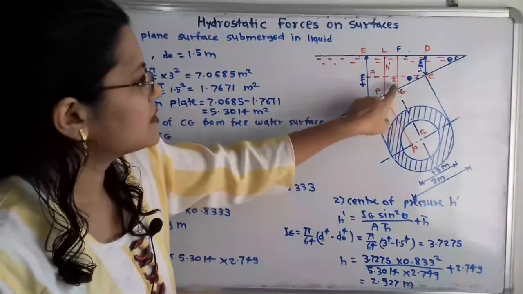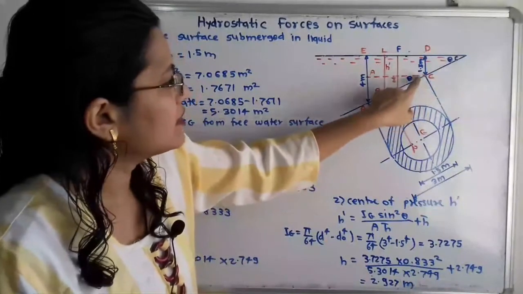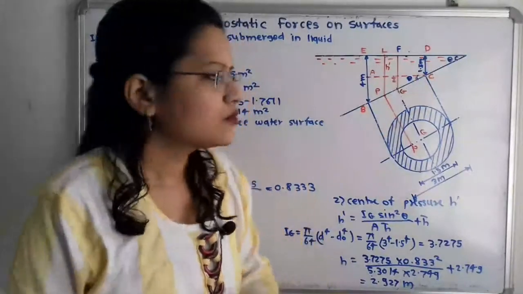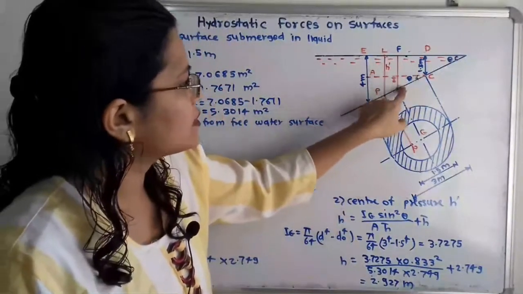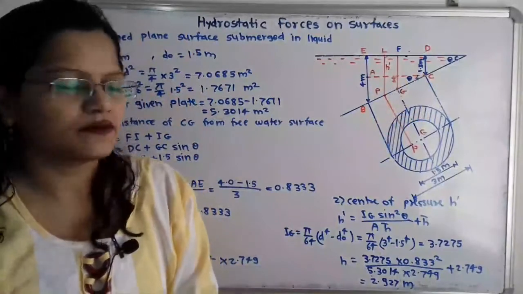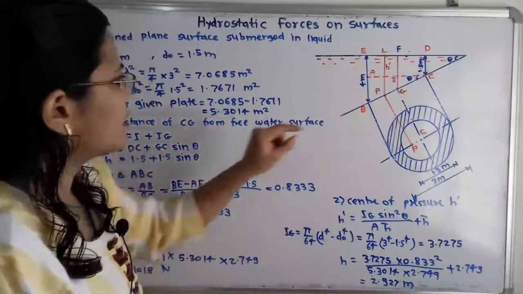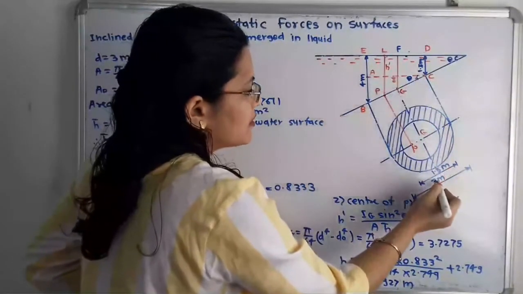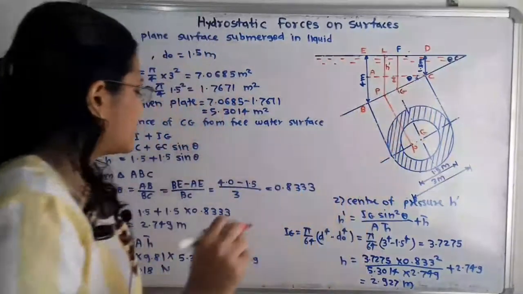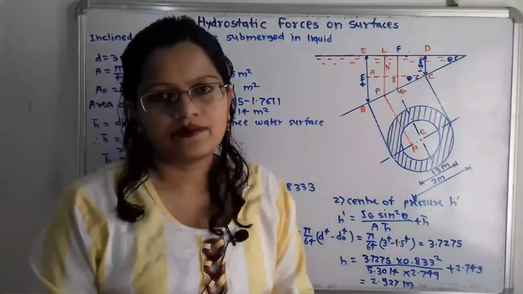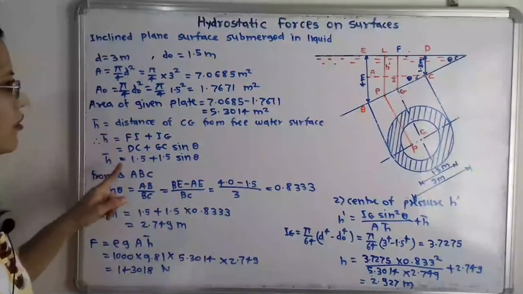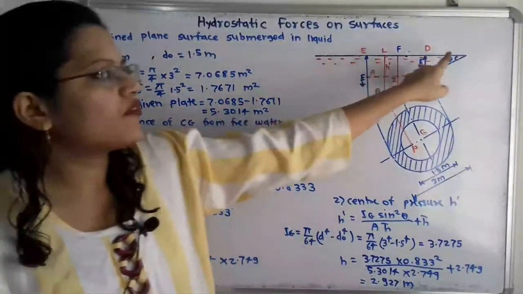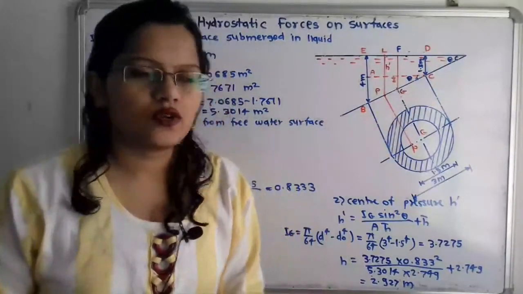So if we observe this triangle GIC, then sin theta is equal to IG by GC. So if I write sin theta is equal to IG by GC, then what is the value of IG? So IG is equal to GC sin theta. Now what is the value of GC? As G is the middle point, here the value is 1.5. So we can write 1.5 sin theta. So in this way we will get the value of H bar, that is the distance FG, in terms of theta. Now here the angle of inclination, that is theta, is unknown.